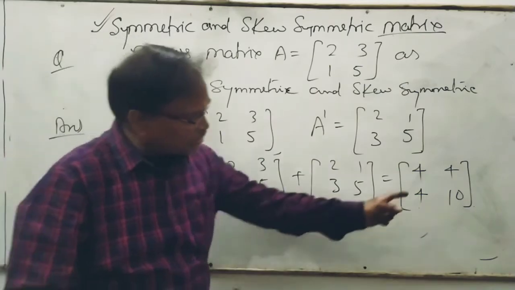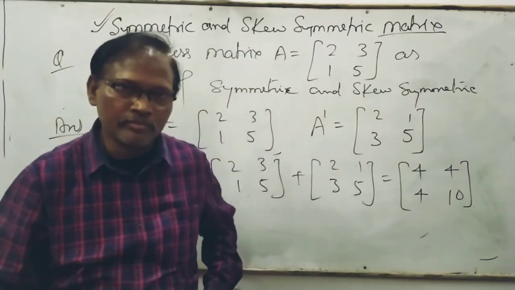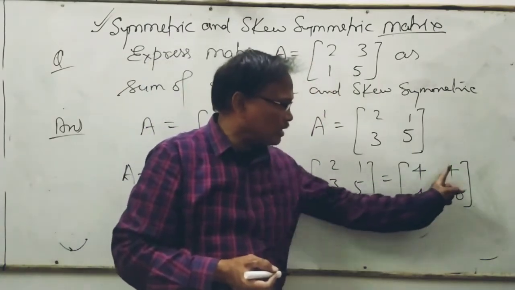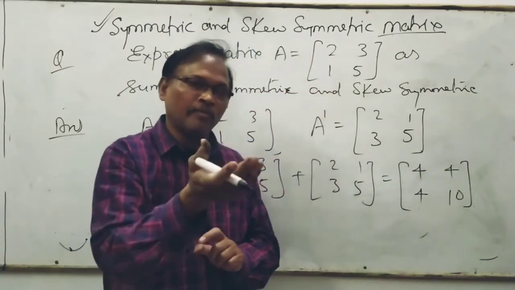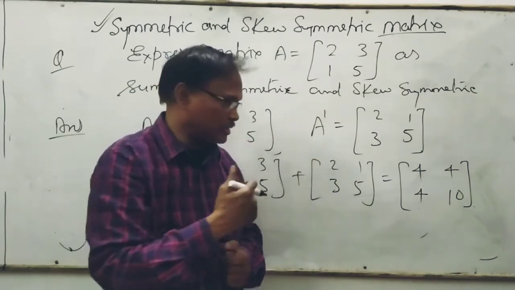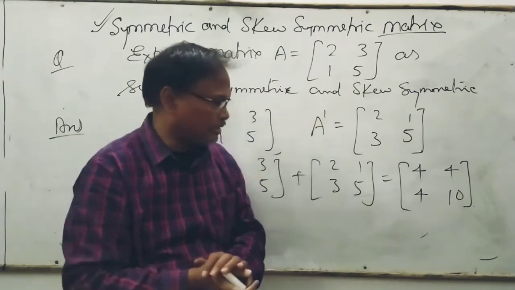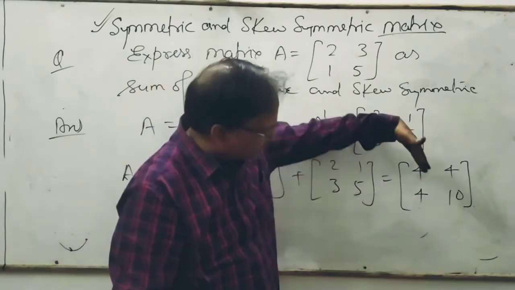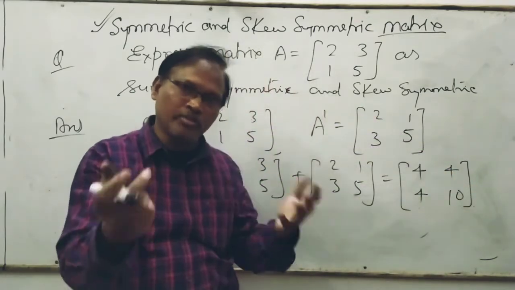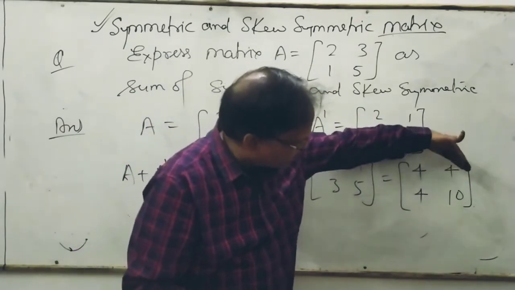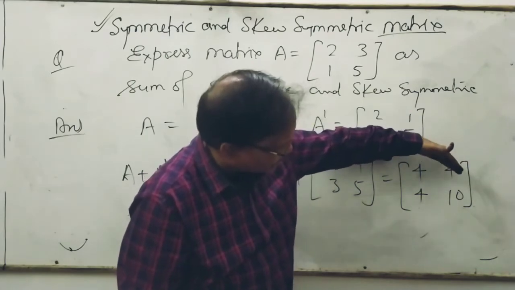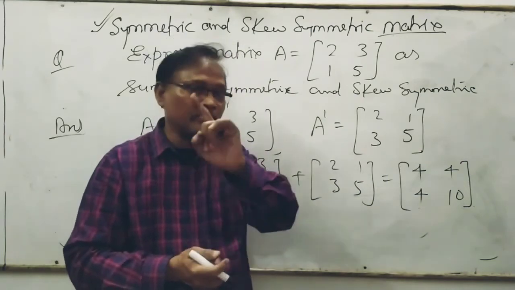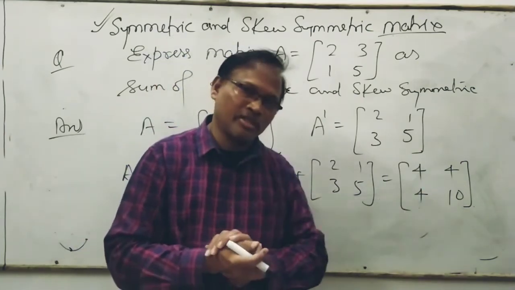Can you say this matrix is symmetric? क्योंकि डायगोनल से कोई मतलब नहीं, but these elements are same. हमने ये बताया the symmetric matrix. If you go a little bit back in the video, you will have the properties of the symmetric matrix कि diagonals are different, या कोई भी numbers होते हैं, but the upper elements of the diagonal and the lower elements of the diagonal are same in the symmetric matrix. So this is the symmetric one.